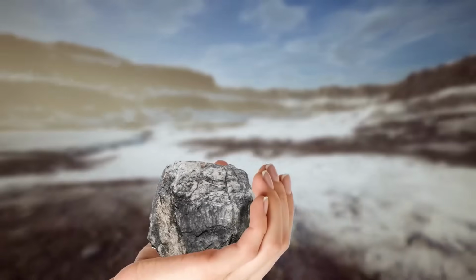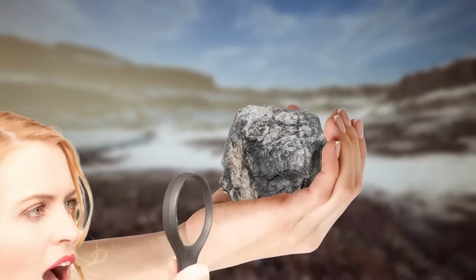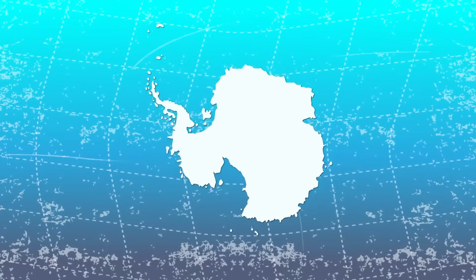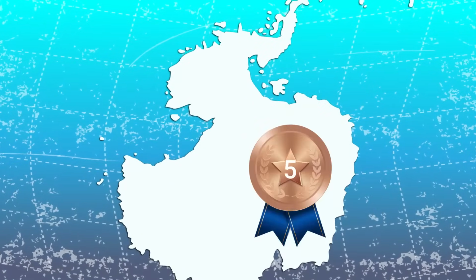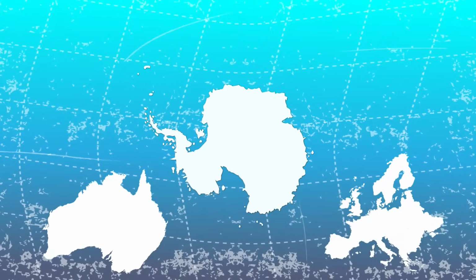But to study it deeply, they need to actually drill down through the ice, like using a straw to get to the bottom of a thick shake. This will help them pick up some rocks and dirt from way below to learn more about the Earth's history and climate. Antarctica is the 5th largest continent in the world, approximately bigger than the entirety of Europe or Australia,